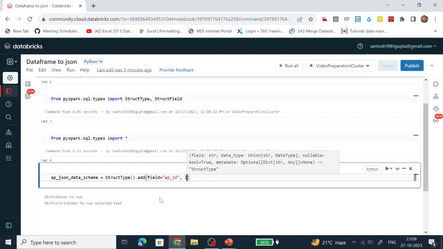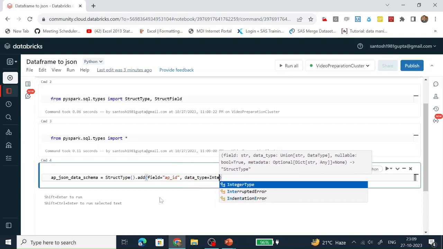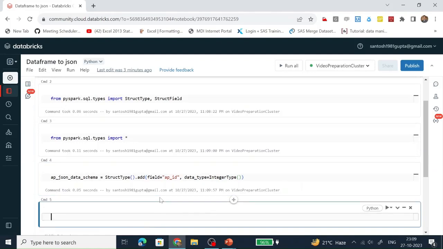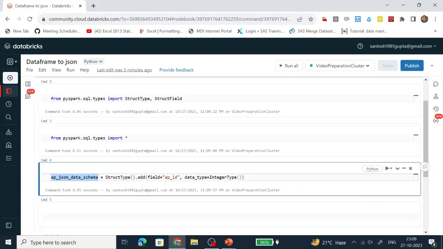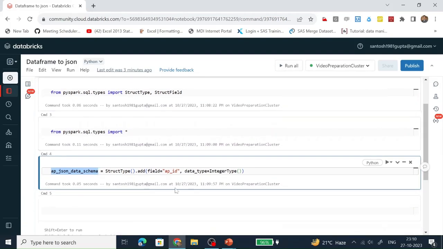What is the data type of the AP ID? Integer type. Let's run it. This custom schema has been created successfully, but the JSON file which we are going to read has 5 different columns. So let's define the columns and their data types.